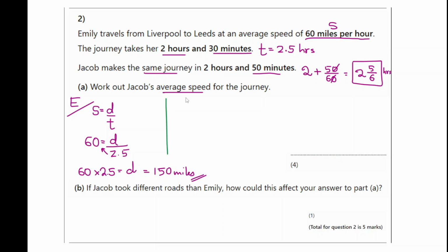Now we are going to do the same calculation for Jacob. Speed, we don't know. Distance traveled by Jacob is the same, so it's 150 divided by Jacob's time. We already figured it out earlier, 2 and 5/6. So all you need to do is just put this exactly like this in the calculator. And the final answer is